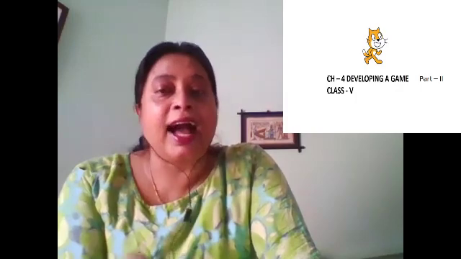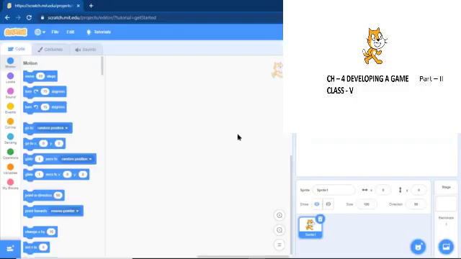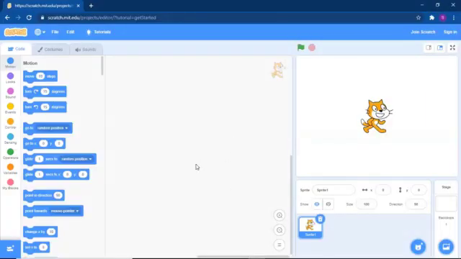Today we will be creating a game, a car racing game. We will use different blocks, and while we are performing this, we will learn the function of each block as well. Follow the steps and try to create the game. To create a game, we need to create the track first.